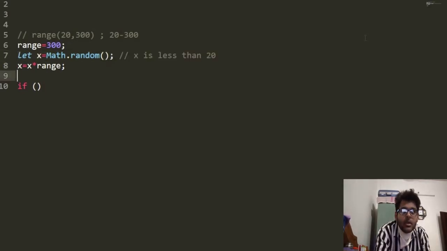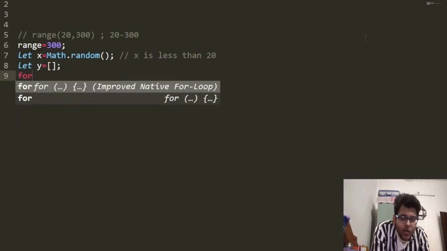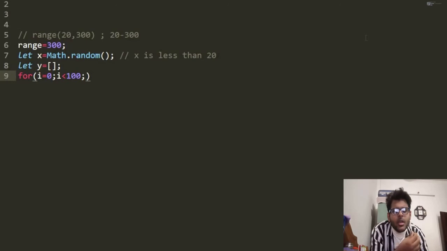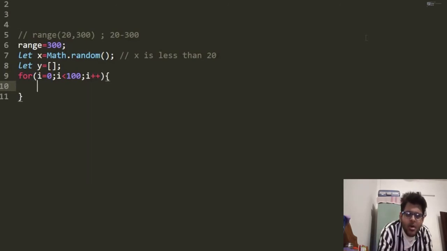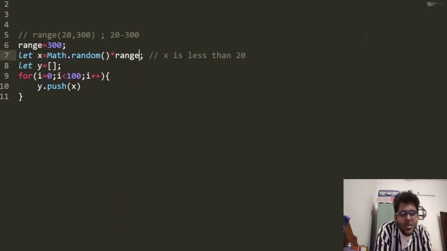Okay, first I'm gonna show you the probability in this. So we say let y is equal to a null list. Well, if you don't know about this, we will tell you in an upcoming tutorial about lists. So we say alert, and then we're gonna use some loops in this. So for i is equal to 0, i is less than 100, and doing i plus plus, and we're gonna say y dot push, and what, this x. So we're gonna use math.random range, okay, and now we're gonna use alert